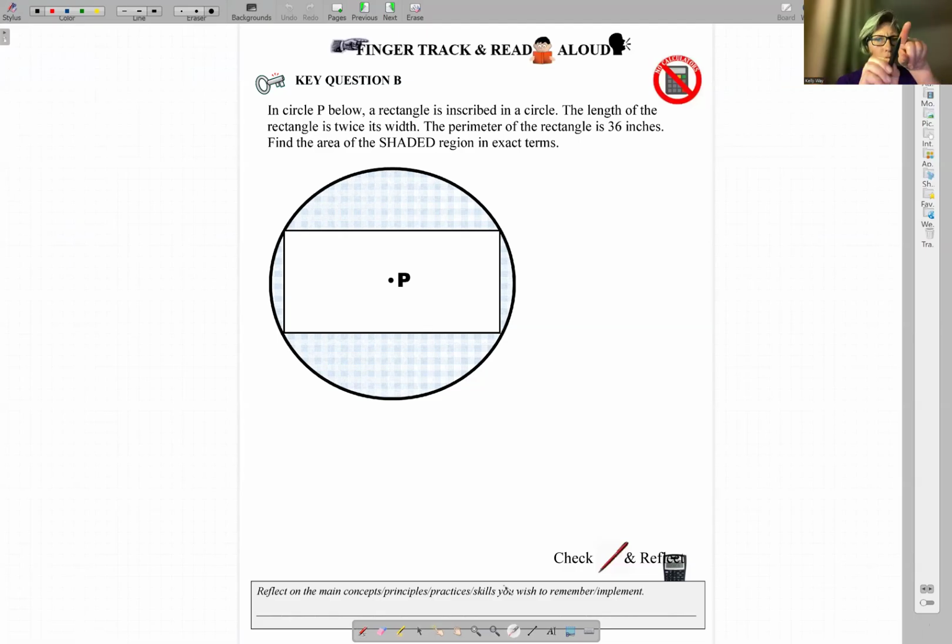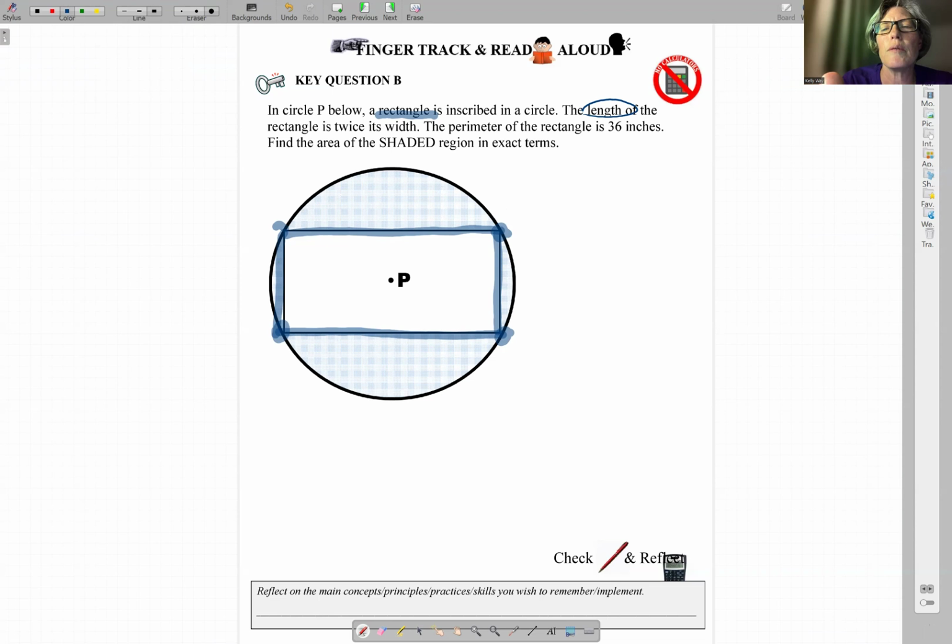Problem 2. Put your finger on the paper. Right there, out loud, read. All right, so it says we have a rectangle inscribed in a circle. Inscribed means the corners are touching. The length of the rectangle